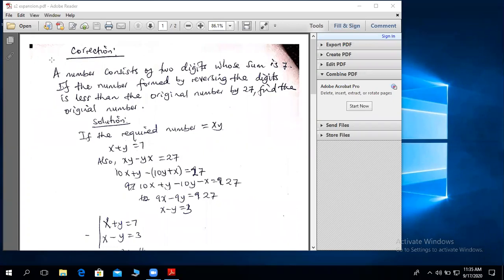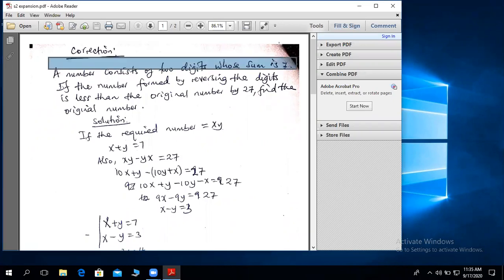The question was, but I want to thank those who passed it, however. A number consists of two digits whose sum is 7. If the number formed by reversing the digits is less than the original number by 27,